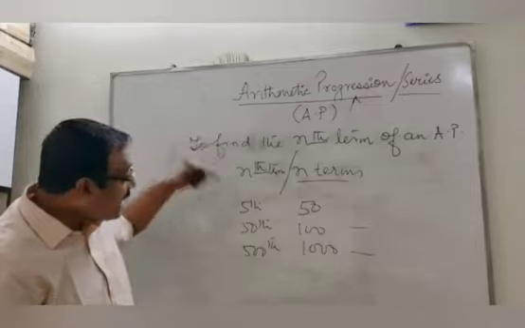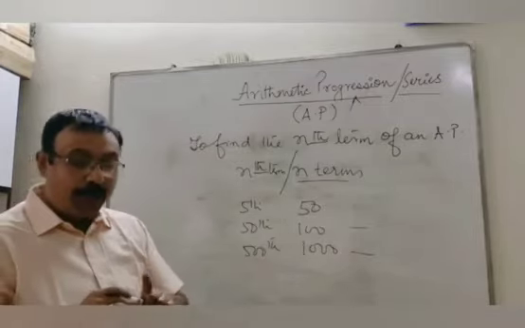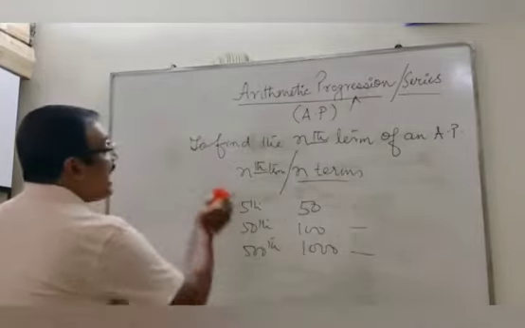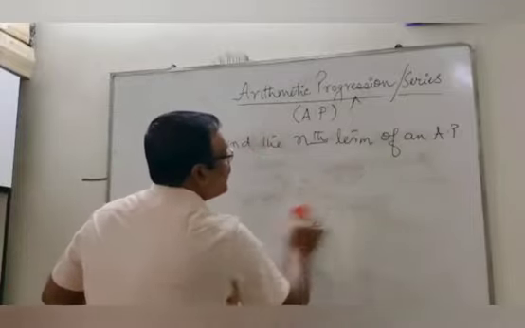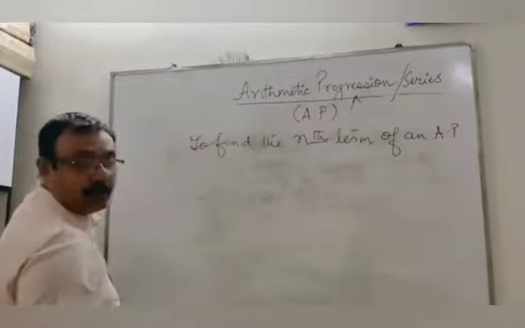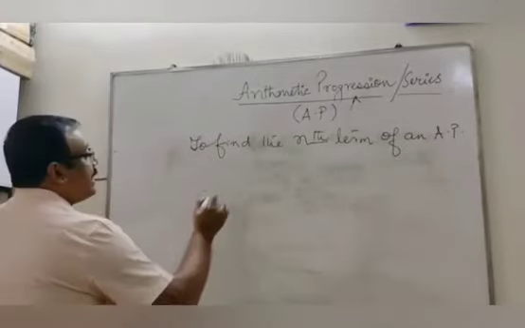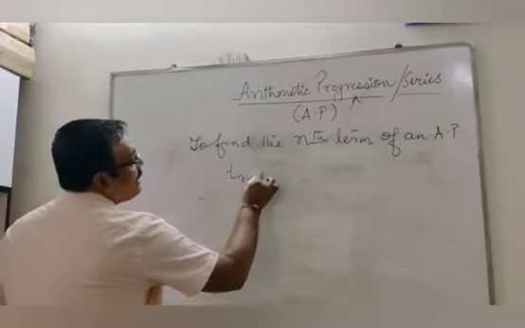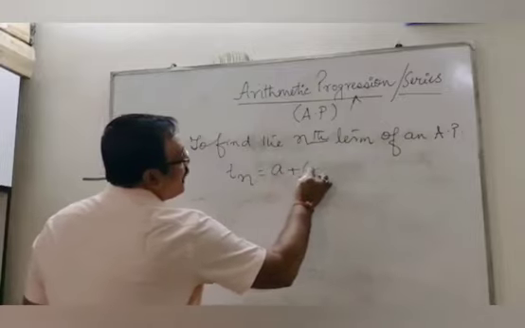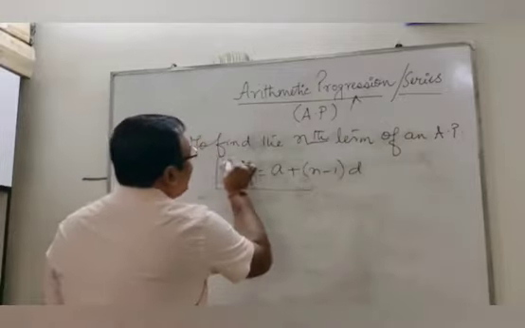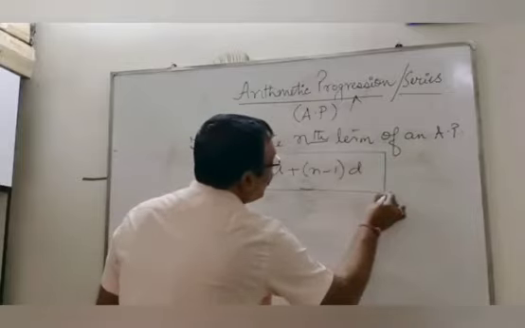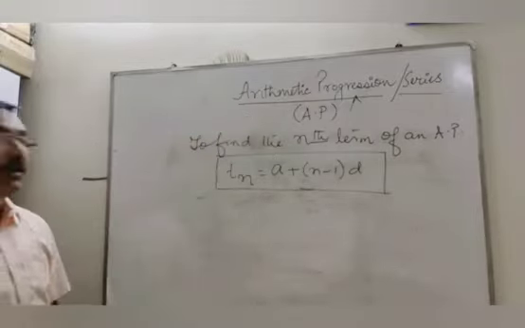That is the difference between nth and n terms. Our topic is to find out the nth term of an AP. In order to find out the nth term of an AP, the formula is Tn is equal to A plus (n minus 1) into D. You have to remember this formula, and all sums, I mean all sums, will be done using this formula only,